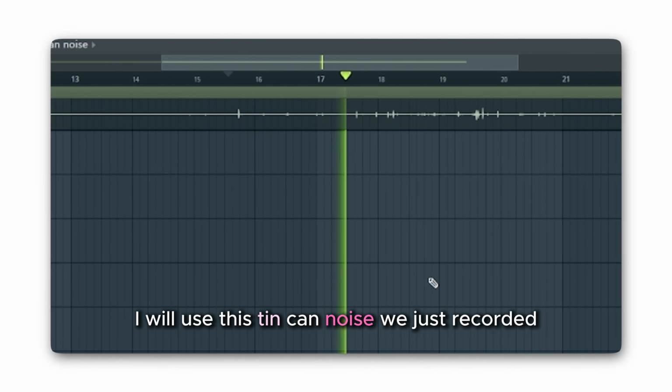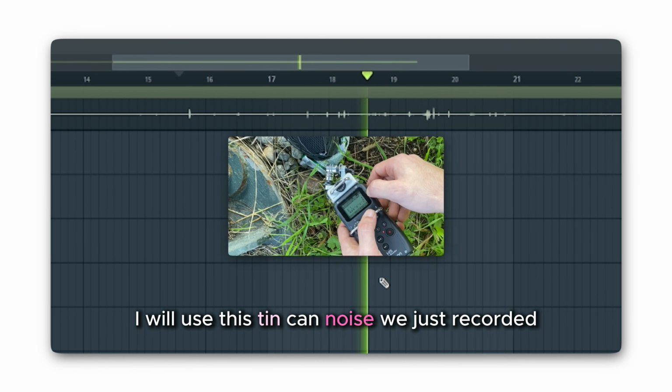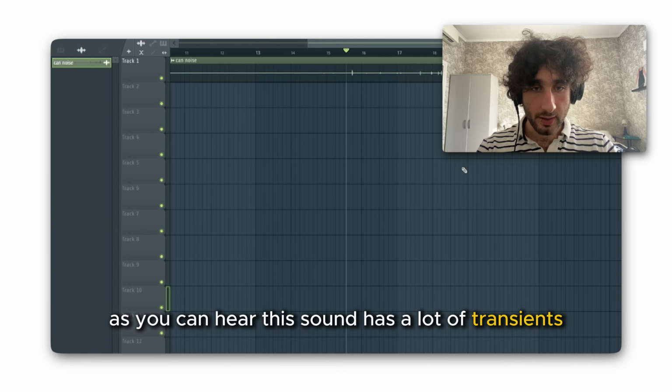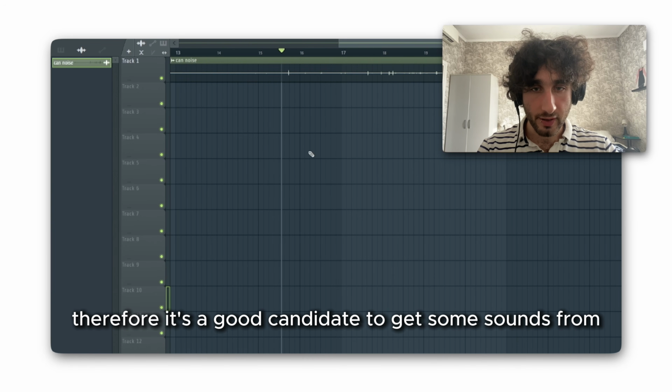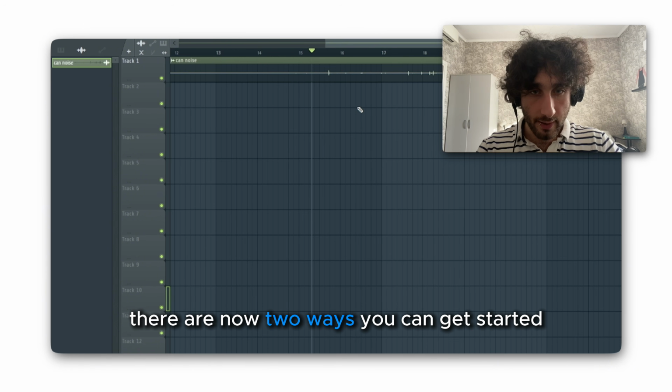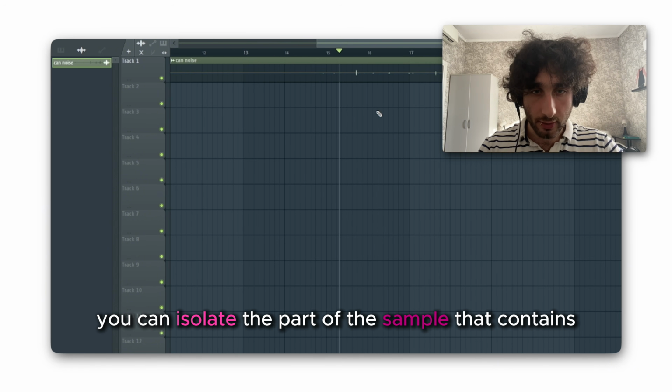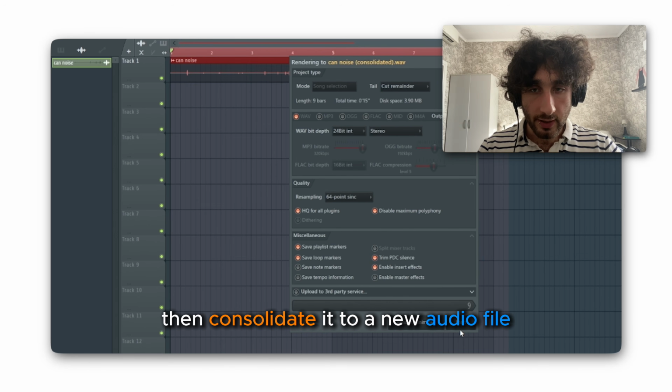To get started, I will use the stink and noise we've just recorded. As you can hear, this sound has a lot of transients, therefore it's a good candidate to get some sounds from. There are now two ways you can get started. You can isolate the part of the sample that contains the most useful stuff, and then consolidate it to a